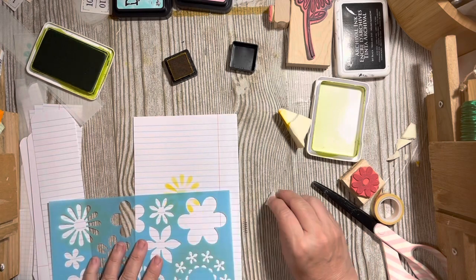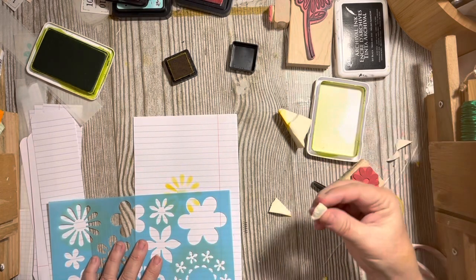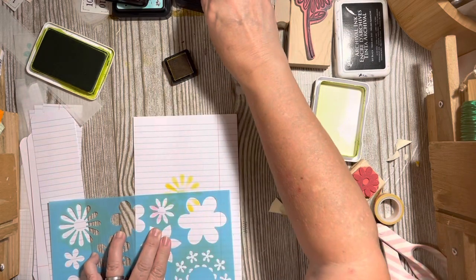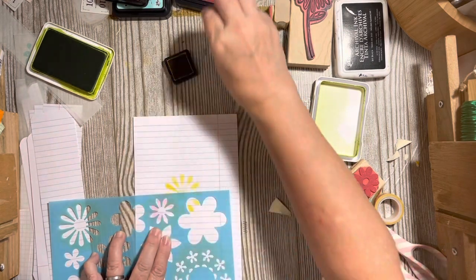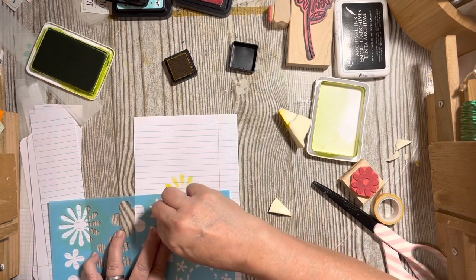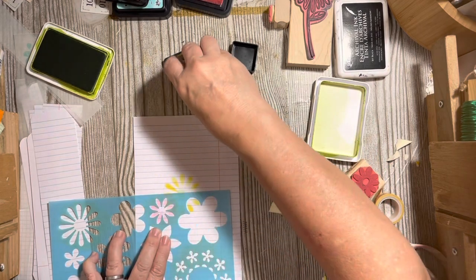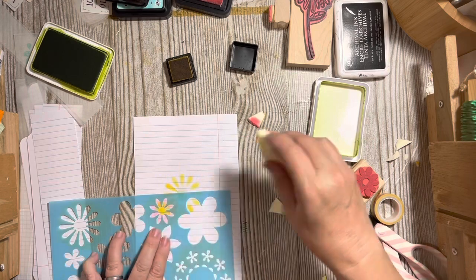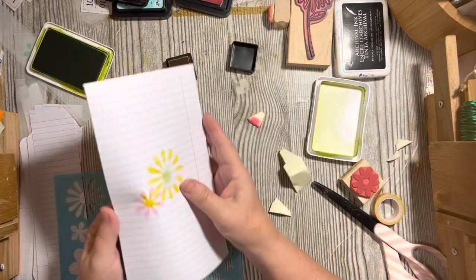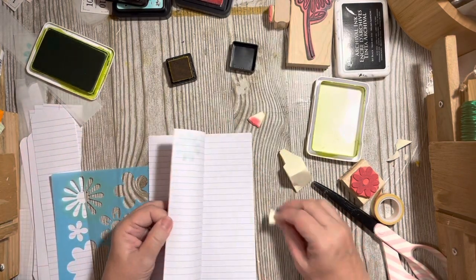We have this one too. I think we'll use this one. We'll just grab. So this is just cosmetic sponge. Remember that your ink daubers and things like that this time are a tool. So your cosmetic sponge would count as a tool. Okay, so that just gives us another way of adding some color without adding,